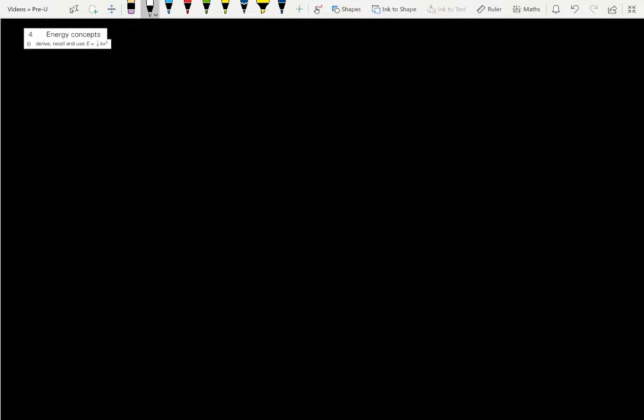Section 4 of the pre-U syllabus, Energy Concepts. Statement J is derive, recall and use E equals half kx squared. The E in this equation is the energy stored in a stretched spring